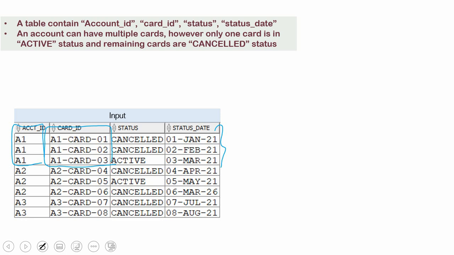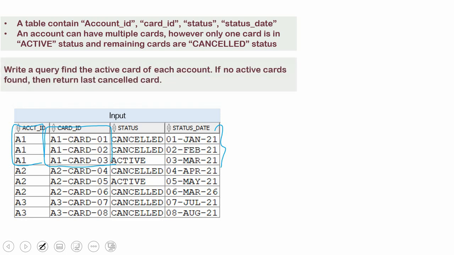Fine. So now the expectation is we need to write a query to find the active card of an account. In case there is no active card available, then we need to say what is the last cancelled card. For example, for account A3 we have 2 cards, 7 and 8. Both are in cancellation status. So in that case we need to pick the last cancelled card, so we need to pick card number 8.